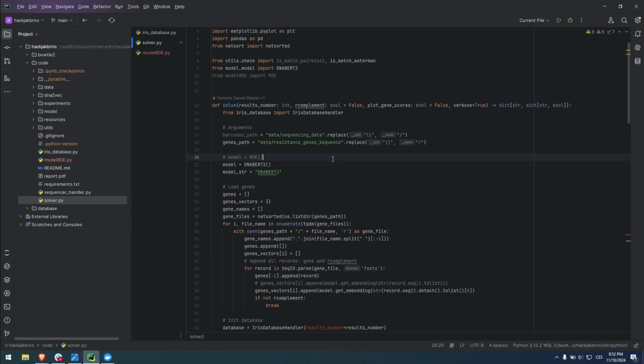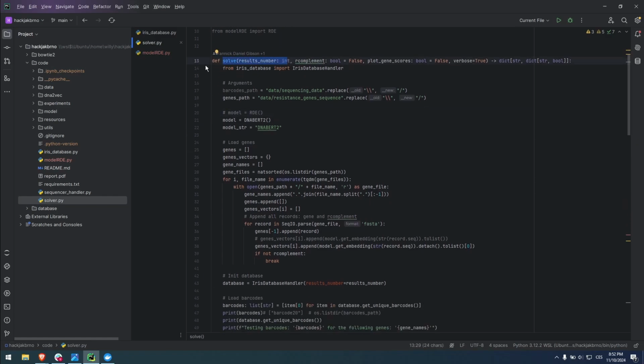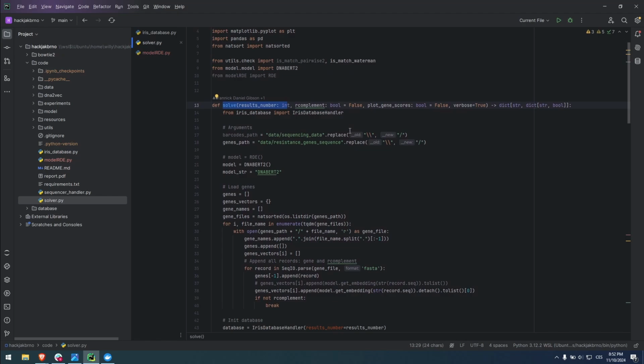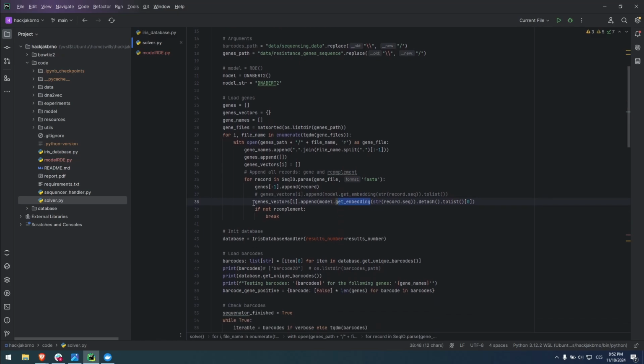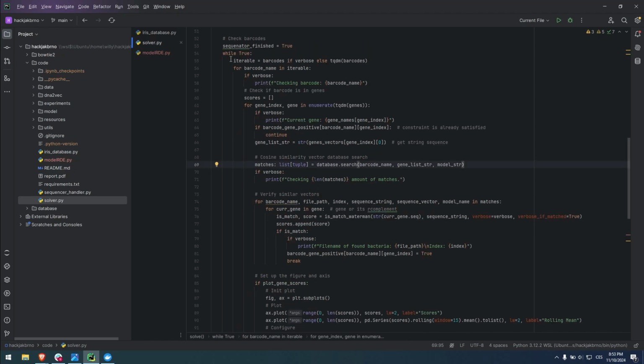In the solver, we have this one function that is called solve, and that uses the IRIS database as well. How it works is basically we get all the genes, the antibiotics or the genes that represent those antibiotics, and we want to convert them into their vector representation. So that's what we are doing over here. That's the get embedding function. When we get all the vector representations of our antibiotics, we move it over here where we iterate through all the antibiotics or genes we want to find in our database,